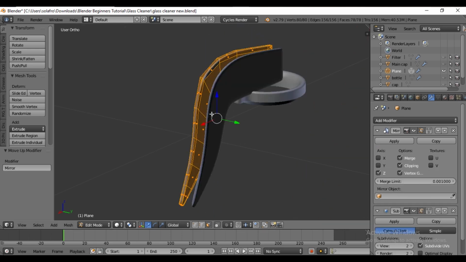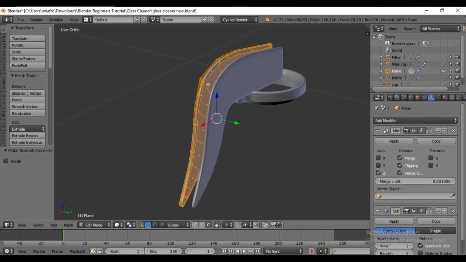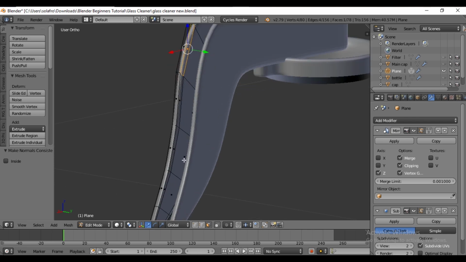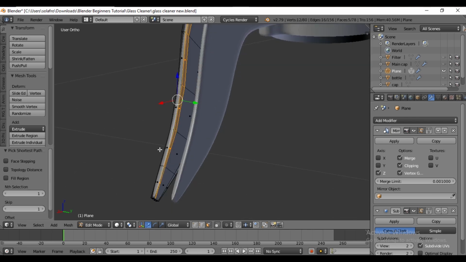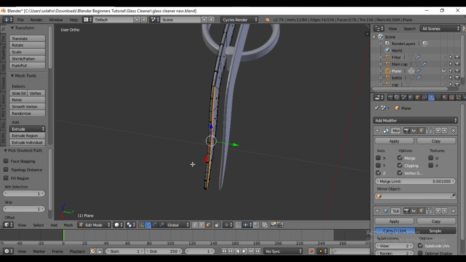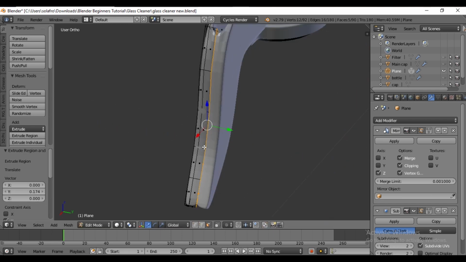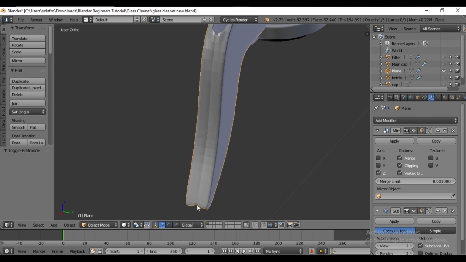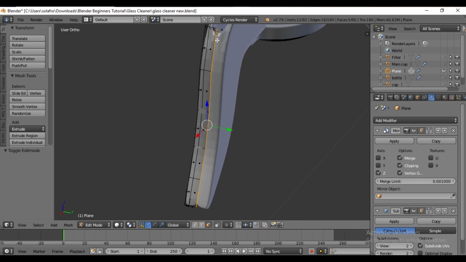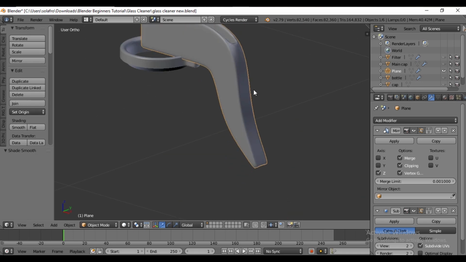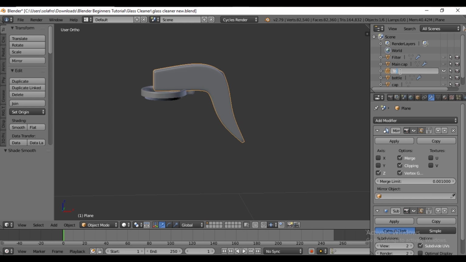To flip the normals, press Ctrl N. Now select the face starting from here to there by holding Ctrl and press E to extrude along the Y-axis until they meet. However, as you can see, this creates some unwanted faces with a split edge. Let's fix it. Press X to delete the faces. Now it's corrected. Smooth shade display and rename it to Trigger.